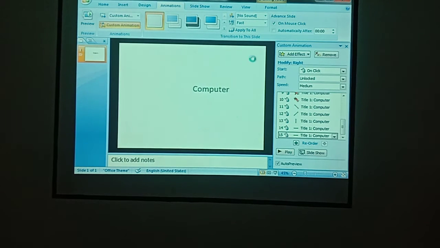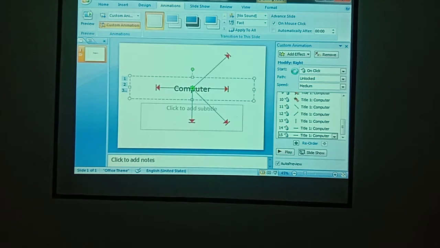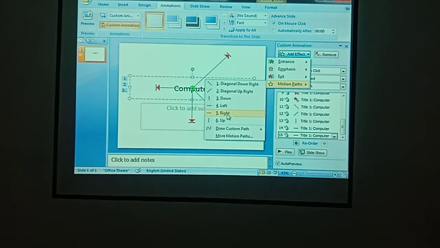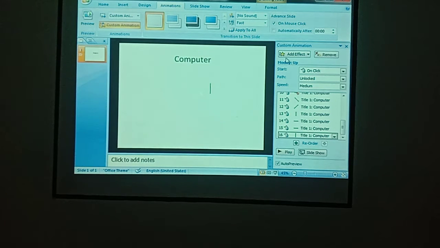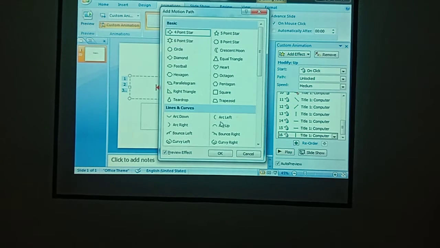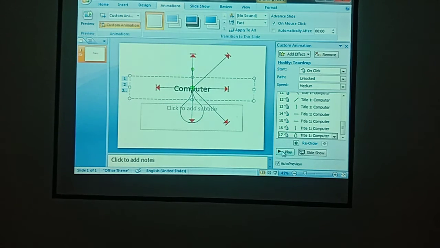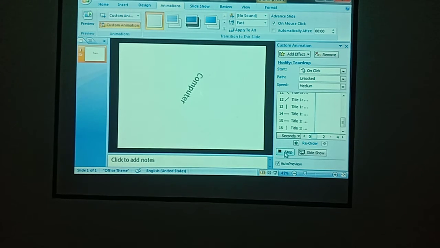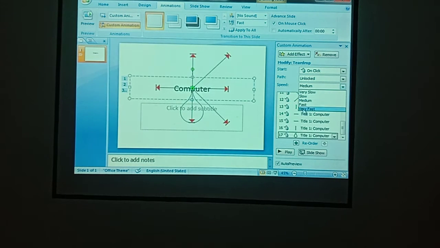Right. Up. Even you have more effects. Okay. So I'm just playing all the effects from entrance to motion path. It will be displayed here. Okay. You can increase the speed and you can decrease the speed. See here.